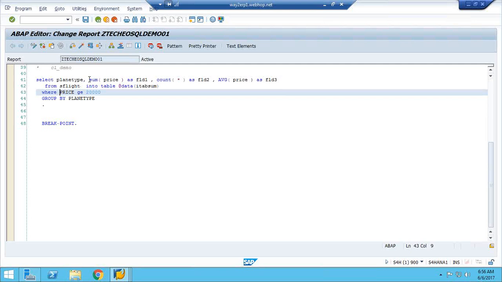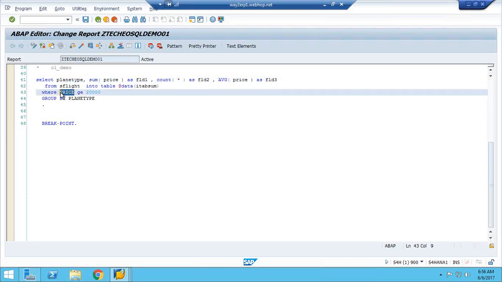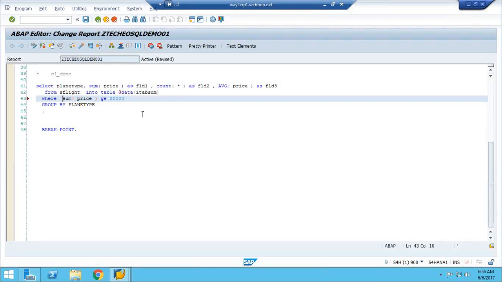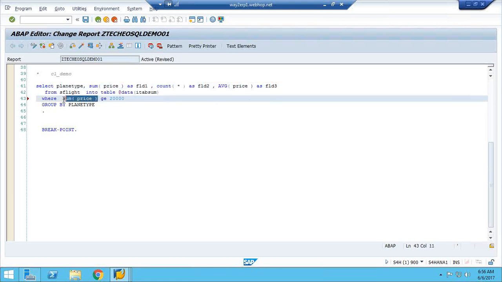Then can I do it this way? Otherwise, can I do this one? Is it work? We'll see. As field 1. Yeah, I'll try this one. It is also a syntactical error. Sum should not be. Okay, I'll follow your suggestion. Field 1, is it a variable? It is not a field.